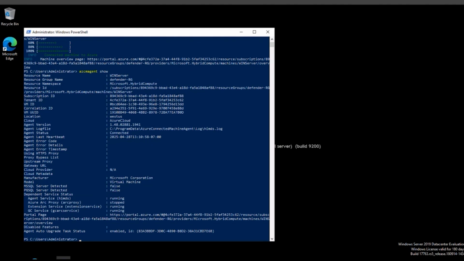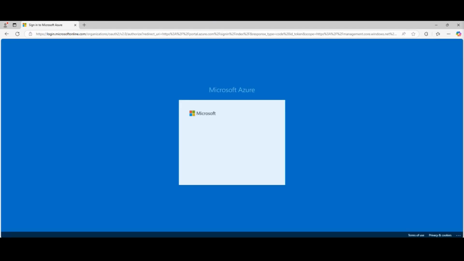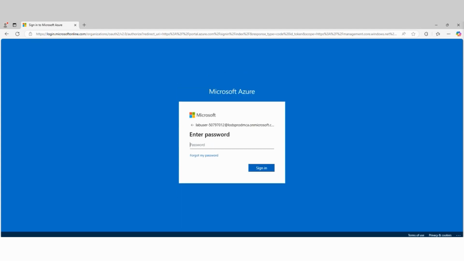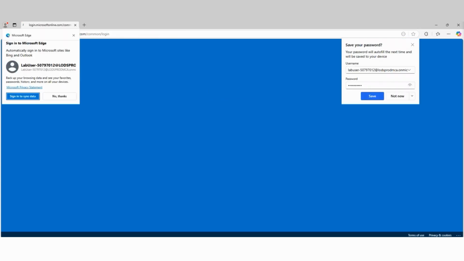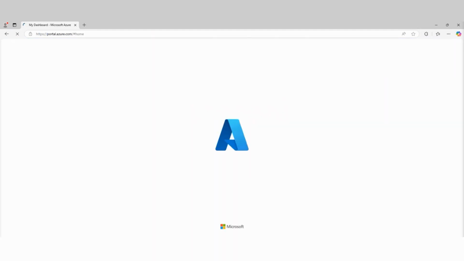At this point, we're going to switch machines and go back to our management machine, which is our Win1 box here. In this machine, we're going to connect to the Azure portal. So we're going to open up a browser here, connect to the Azure portal, and once there, we're going to authenticate. Again, we'll save the password since it's just a lab environment, because for production, I probably wouldn't.